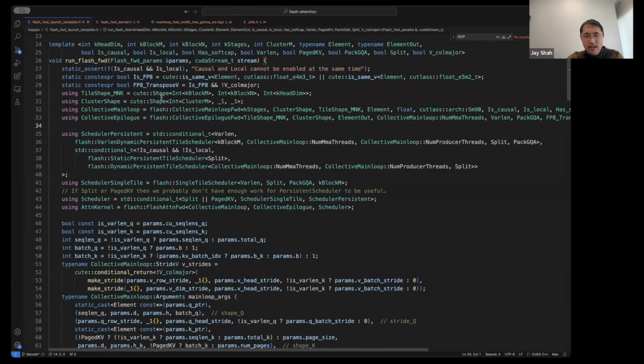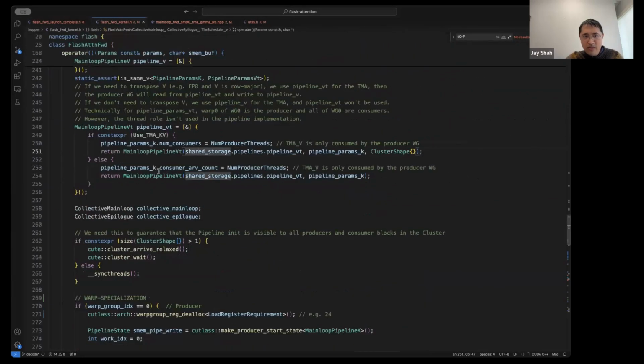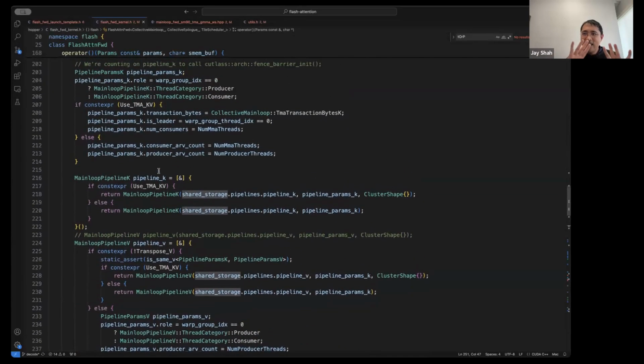So let me maybe briefly indicate that we have our flash attention, the CTA view of the flash attention kernel.